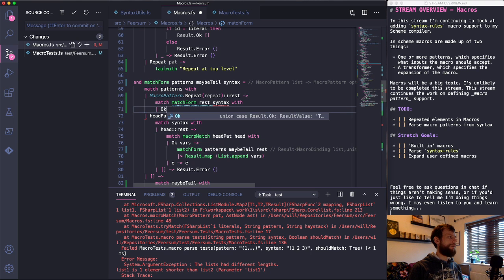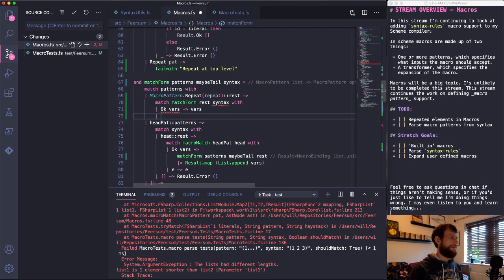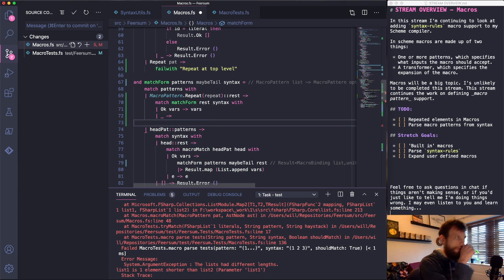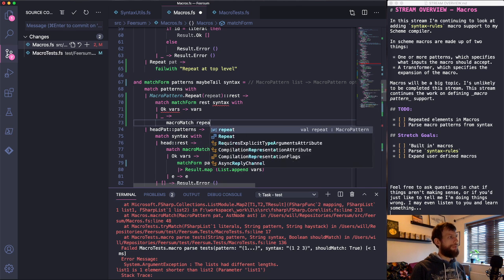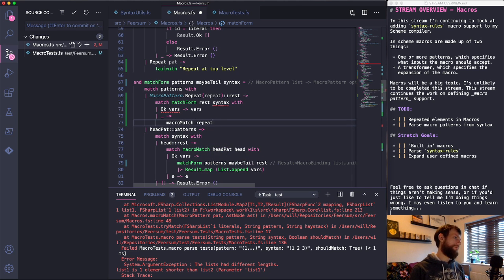If that was okay and we got some variables, we'll return those variables. If it was an error, then I want to say match pattern macro match repeat syntax